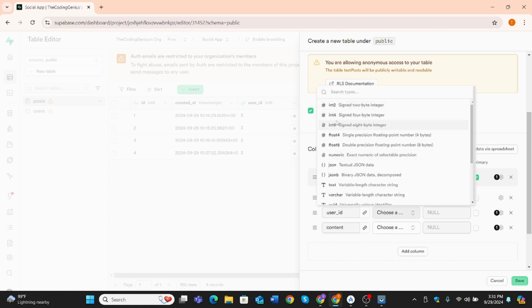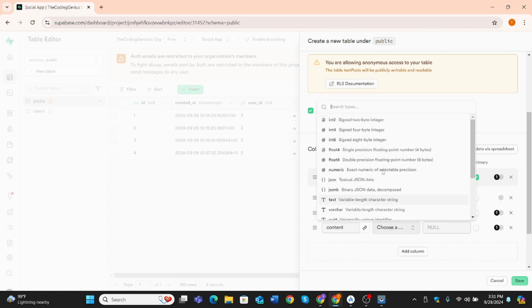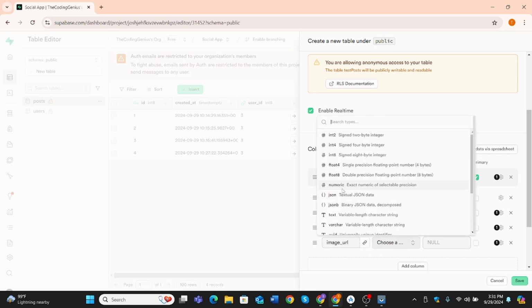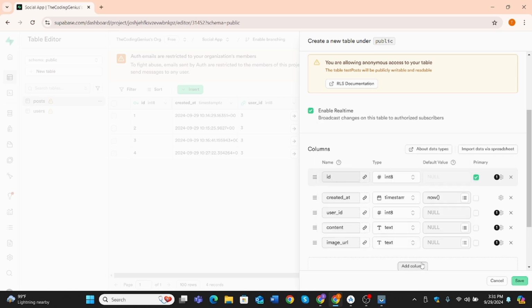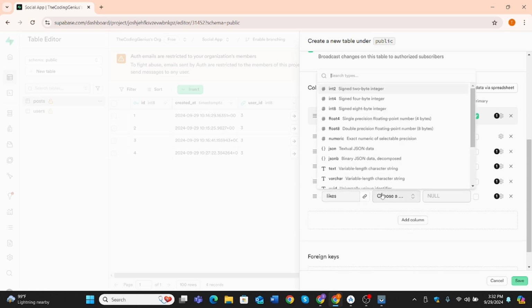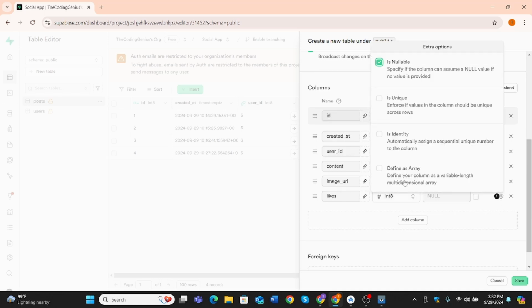User ID will be int 8, content will be text, then we can use image URL for our post image. Then we need two things like likes, and here I will select I need int, but I also want to make it defined as array. Okay, so now it is a list of integers,